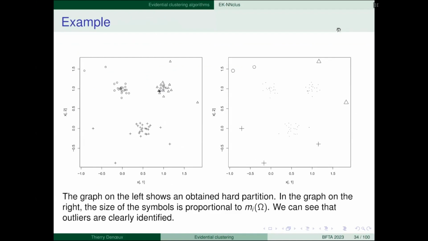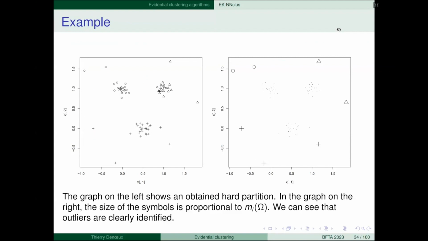So here is an example of what we get with a very small, simple example data set. Here we have found a partition into 3 clusters. We didn't specify the number of clusters. The algorithm converged by itself to a partition into 3 clusters.